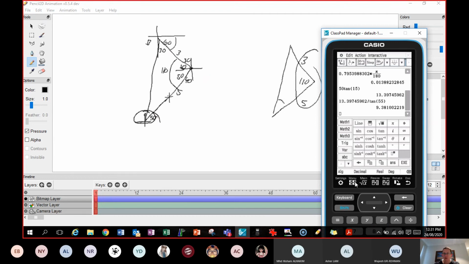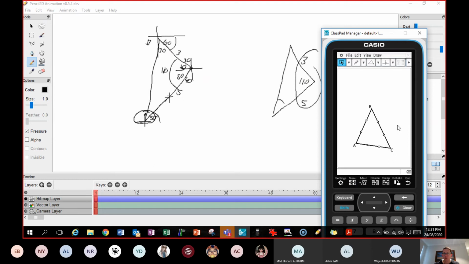You could either use cosine, but personally, I'm pretty lazy when it comes to these things. I'm going to go edit, clear all, hit OK. I'm going to draw a triangle and put in all the information I know. So I'm going to treat that as 3. Lock it in. I'm going to treat this angle as 110. Lock it in. And I'm going to treat this length as 5. Lock it in. And then I'm going to zoom out. Okay, so that's it. The length would be 6.6, and the angle that this makes in here is 25